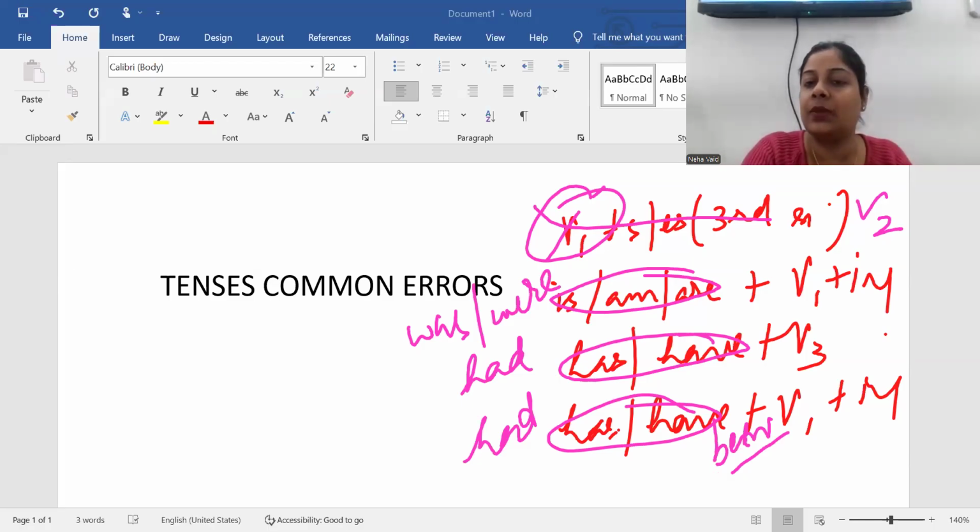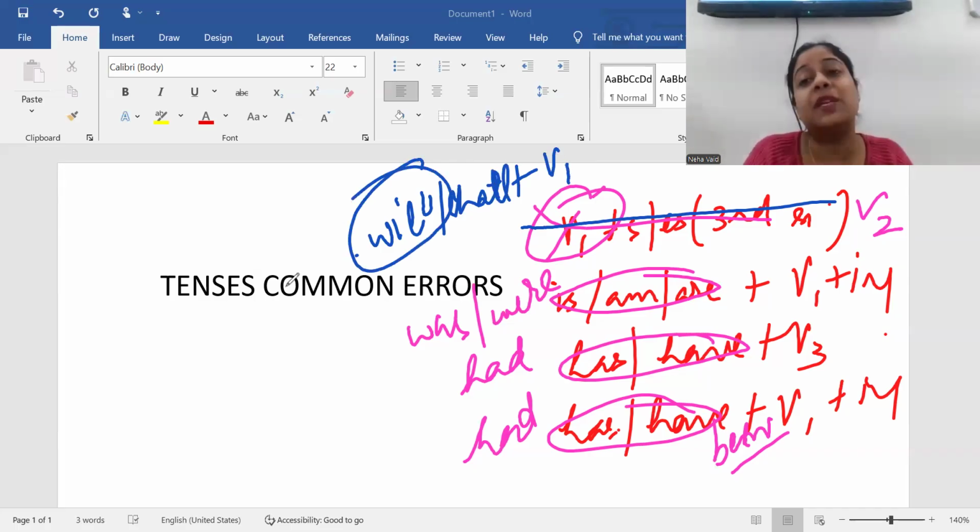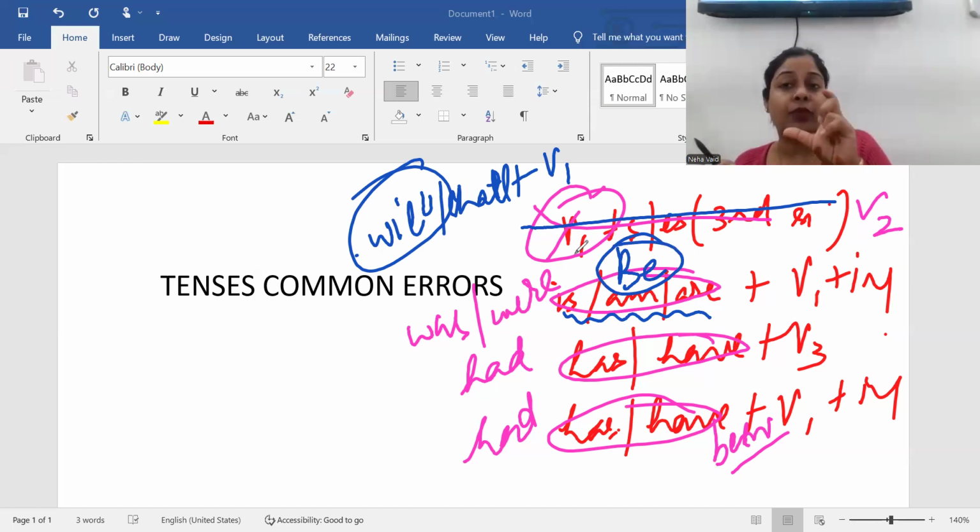That is, in place of V1, we'll add will/shall plus V1. So will/shall means basically your will. Will is an important factor to understand your future tense. Then is/am/are, you should know that is/am/are is your be verb. Many students don't even know, when in a question they come across the verb be in brackets, they get confused about what to fill. So they end up writing been or being. They don't know that be is an is/am/are verb. So in the case of be, you have to use